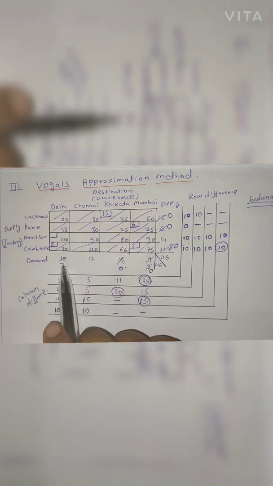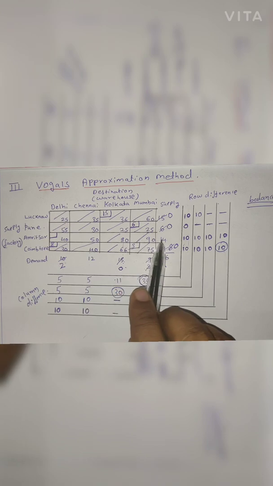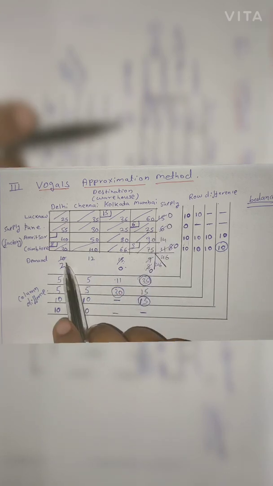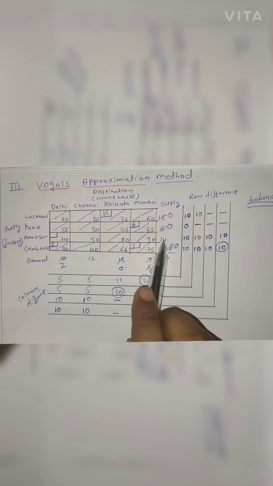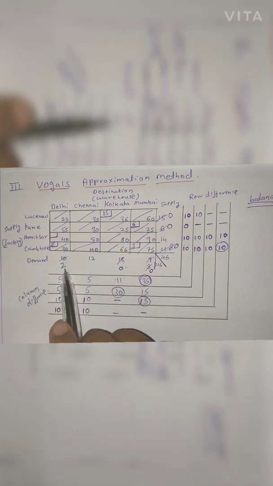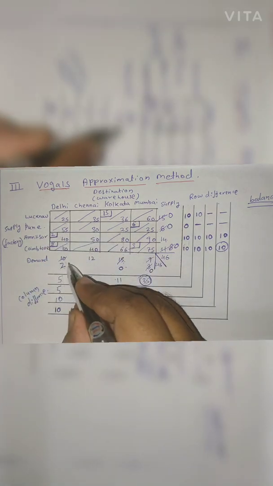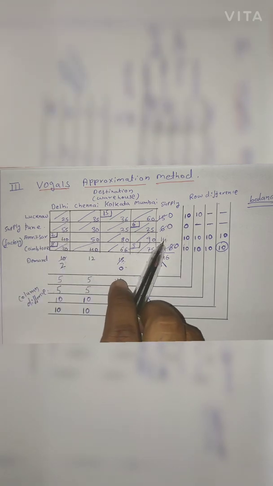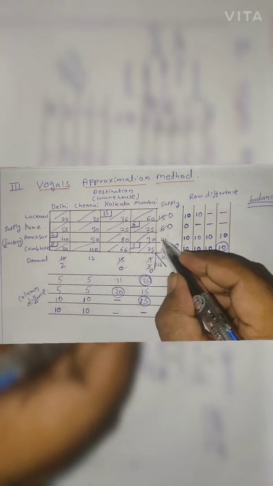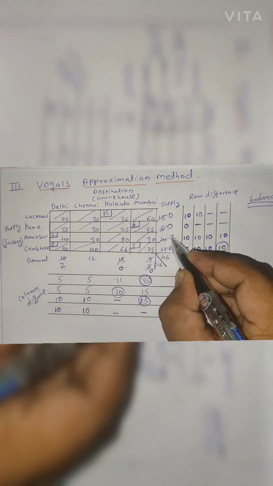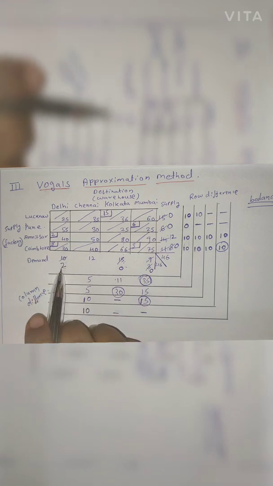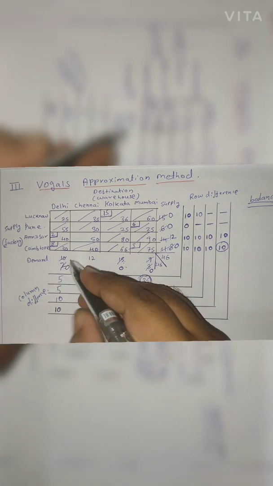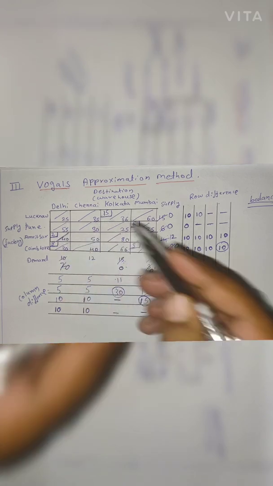Now we'll check the corresponding column and corresponding row, and we'll check for supply and demand. In the corresponding row, the supply is 14, and in the corresponding column, the demand is 2. Which is lower? Demand is lower. So we'll write this value 2 over here, and then we'll subtract this 2 from supply and demand. The supply is 14. 14 minus 2, you will get 12, and 2 minus 2, it becomes 0. Now this column has become 0, so this will get eliminated.